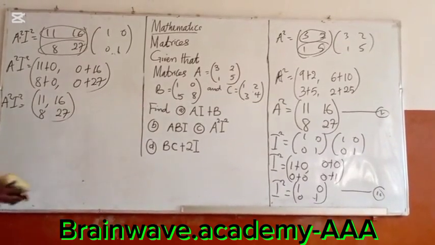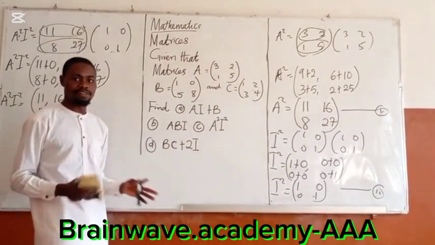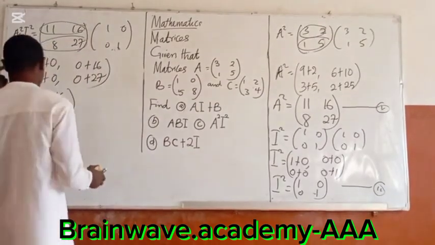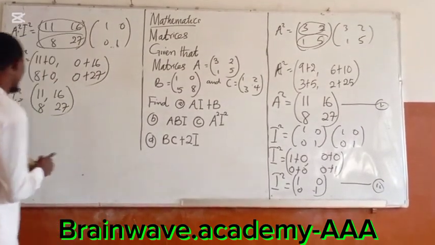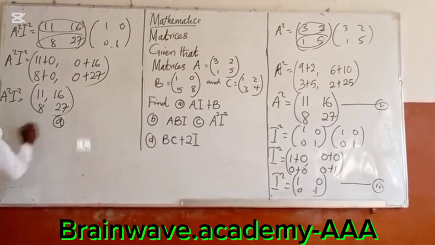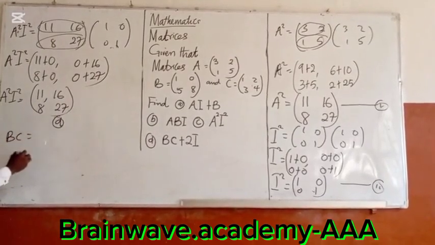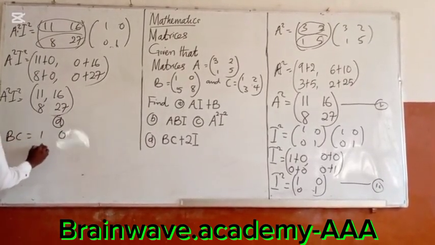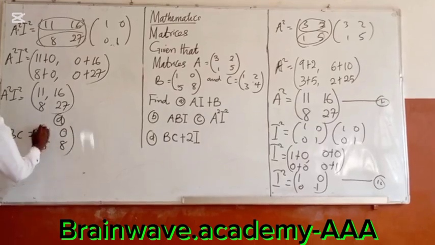Then the fourth one, we have BC plus 2I. Very, very easy. You have to find BC first. So what is B? B is 1, 0, 5, 8. Then C is